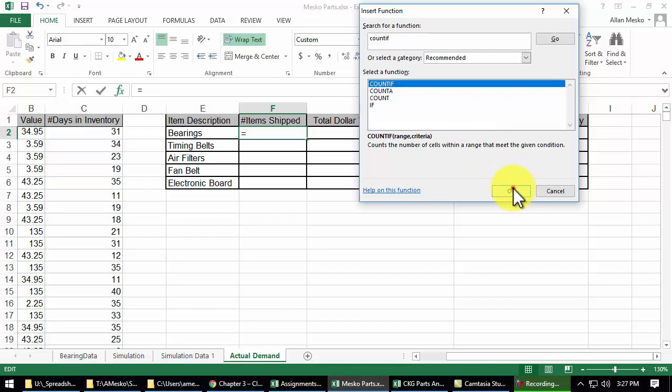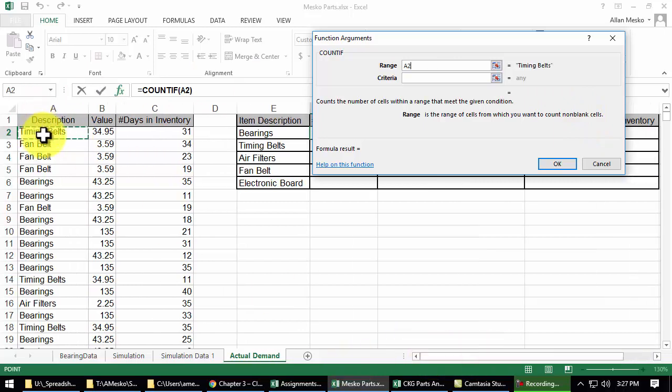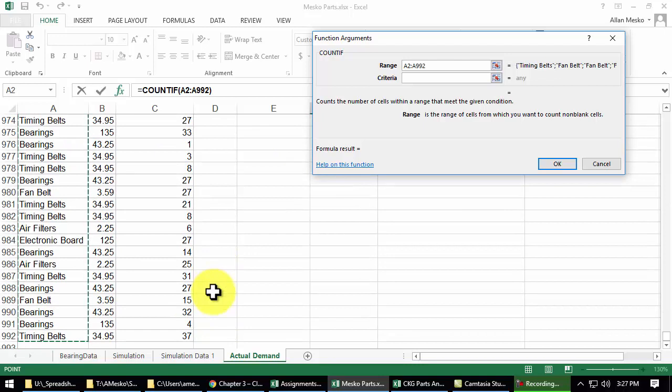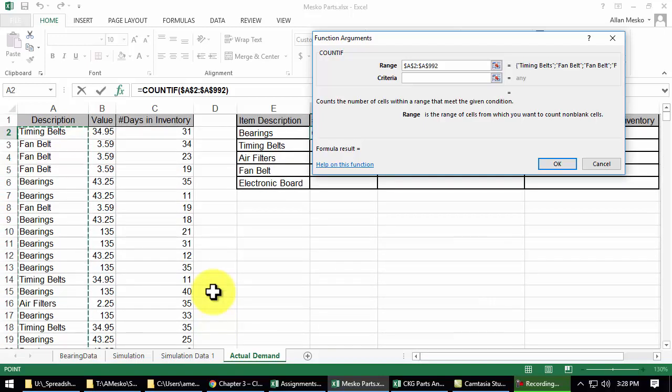So I'll say, okay, first thing it needs is a range. Range is the range of cells from which you want to count non-blank cells. And I'll say, well, that's this range over here. So I'm going to select A2 and go all the way down, Control Shift arrow down to A992, and I'm going to hit my F4 key, function 4 key, to say that's always the range I'm going to want to count. When I copy this formula down, I don't want that range to move down. So that's the range I want to count, and then